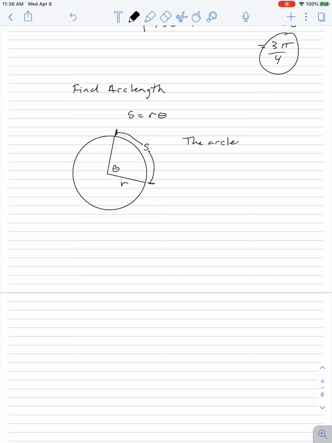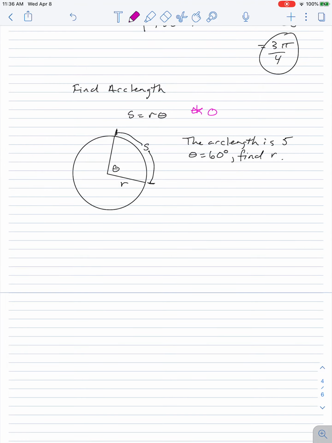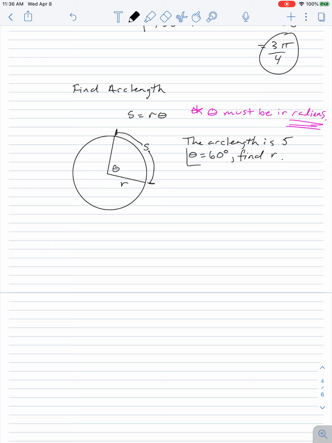the arc length is 5 and theta is 60 degrees. Find the radius. Now, the thing you need to remember about these problems is that theta must be in radians. So if you have a problem that starts with degrees, the first thing you need to do is convert that to radians. So I'm going to put my degrees down here, my radians here,